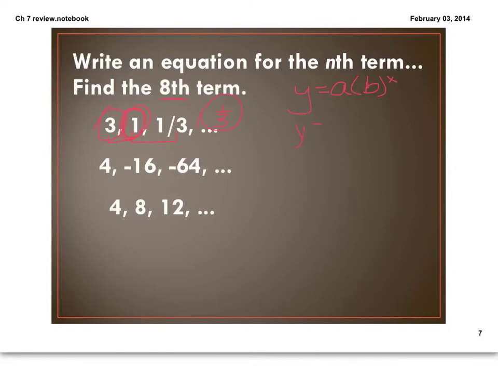So y then is going to be equal to a, which is my first term, 3, times the common growth ratio, 1/3. And then I'm going to take that to the x power. So that's my equation. Then if I want to find the answer to that, I would take y is equal to 3 times 1/3 to the eighth term minus 1, which would be 7. So to finish out, I would take 1/3 to the 7th power and get an answer, and then take that times 3, and when you do it, you would get